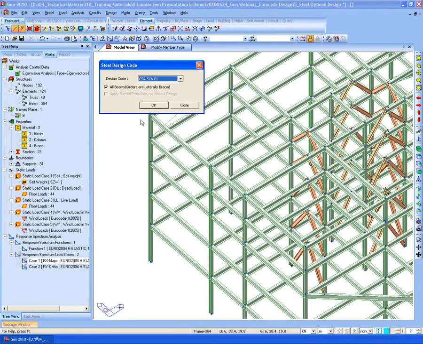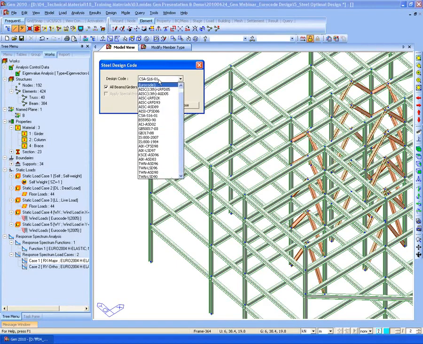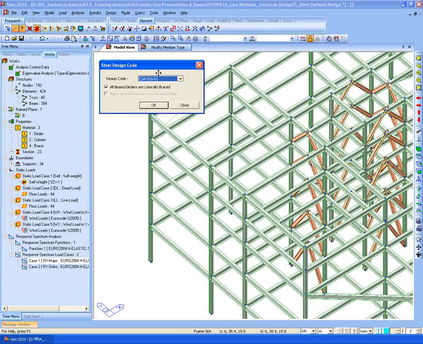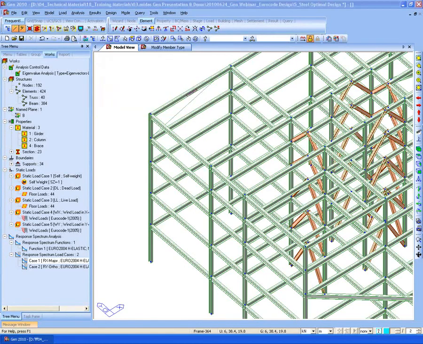For the Canadian code, you need to see the details of how to use this Canadian design code, and then we can check the details of the failures. For your information, from next year, we will update the Canadian code for steel and concrete structures, so you can use the latest Canadian code with Midas Gen as well.